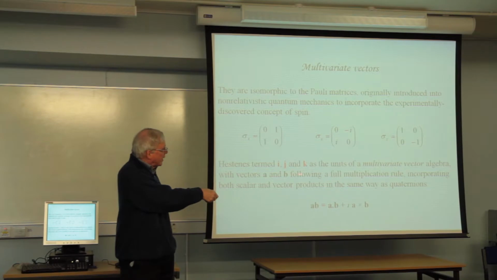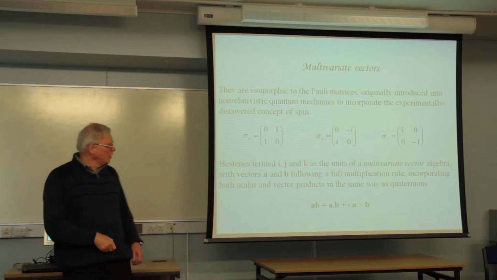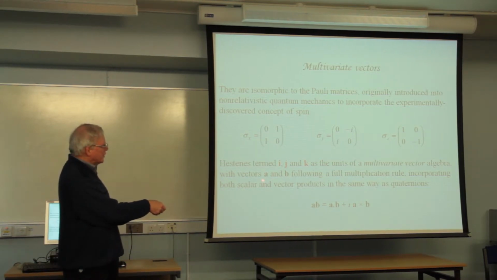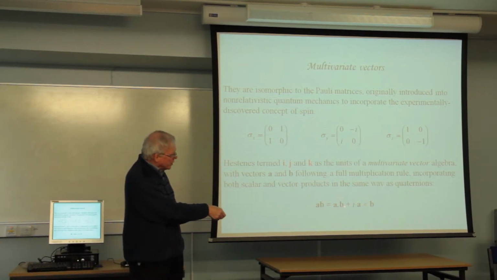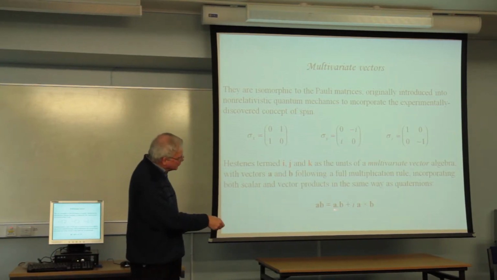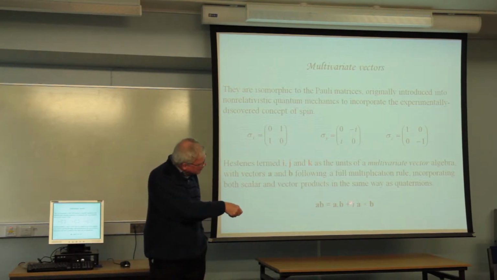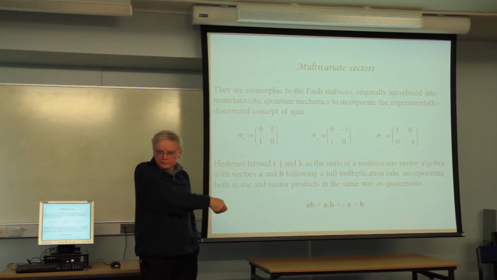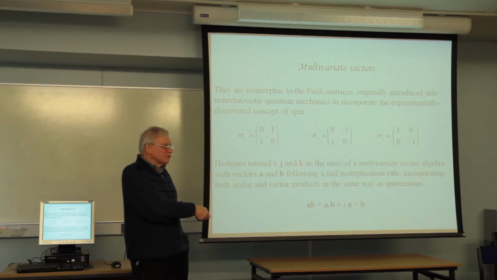He took i, j and k as what he called multivariate vectors, sort of super vectors, as it were. And multivariate vectors A and B had an extra kind of product. This was the scalar product, this is the vector product, but he said there was also a full product between multivariate vectors, A dot B plus i A cross B. And when you actually work it through, this is the term that gives you what we call spin. And those two terms, I'm sorry to interrupt Peter, but those two terms going back are exactly what you got when you multiplied your original quaternion. Correct, yeah. They're just complexified.